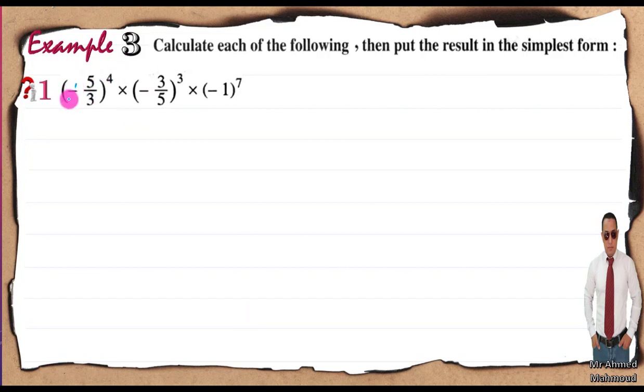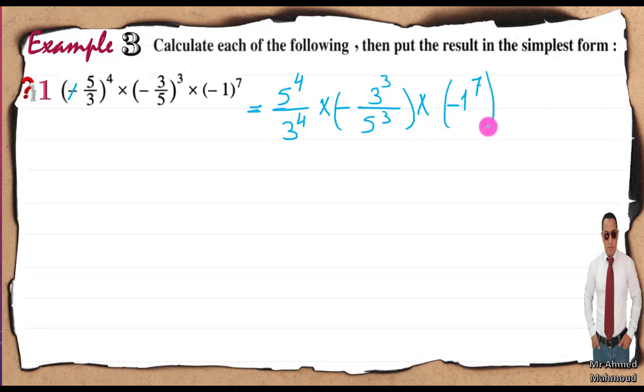I'm going to cancel the negative because the power is even, so it is equal to 5 to the power of 4 over 3 to the power of 4 times, here we have odd power, so I'm going to keep the negative, 3 to the power of 3 over 5 to the power of 3 times negative 1 to the power of 7. The power is odd, so it will still be negative 1 to the power of 7. Finally, I'm going to write this one on the calculator. It will be 5